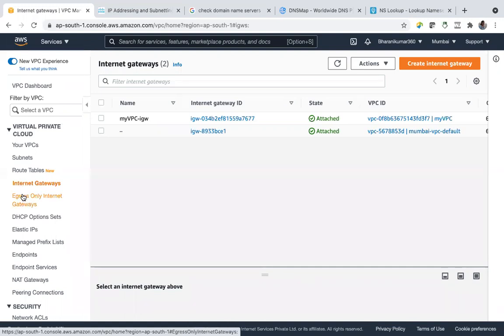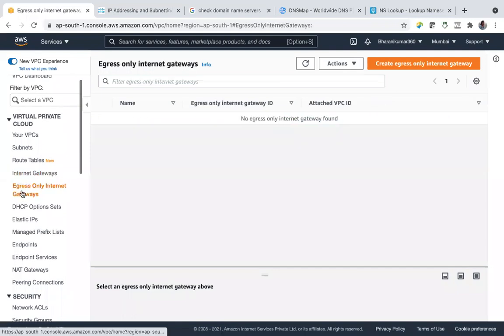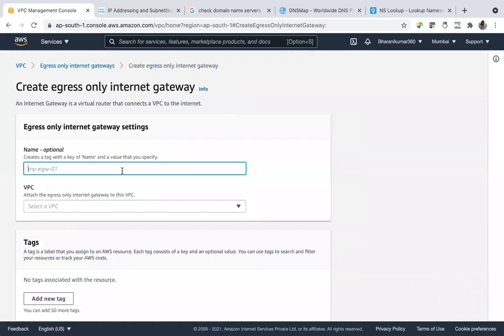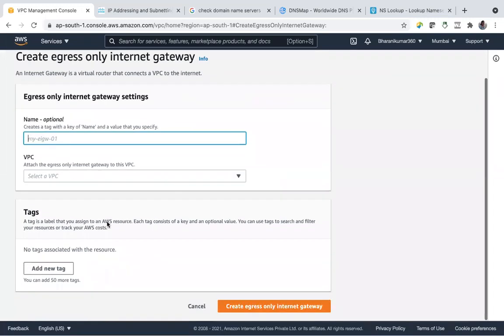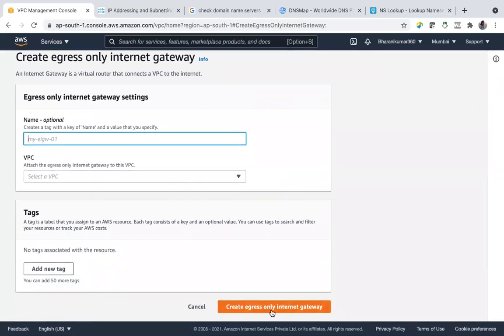Egress only means letting traffic outside only. So create an egress only internet gateway, give a name, select VPC, and create. Then traffic only goes outside of your VPC.